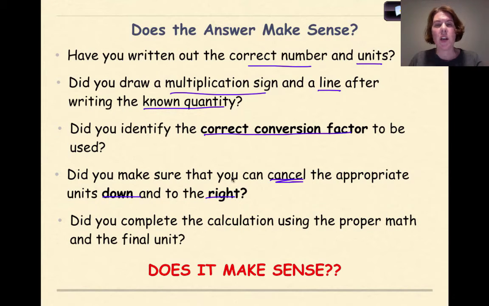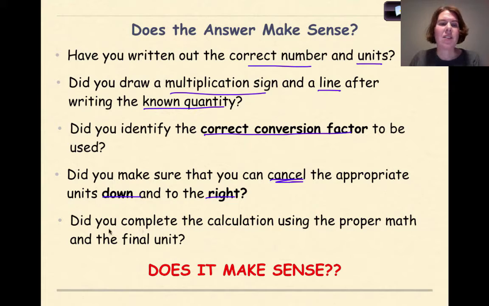down and to the right. So you always want to make sure that whatever unit you're starting with, that's going to be on the bottom of your conversion factor. Whatever unit you want to end with goes on the top of your conversion factor. So you can cancel those units down and to the right. And taking that little step to do that is so incredibly important to making sure that you'll get the final